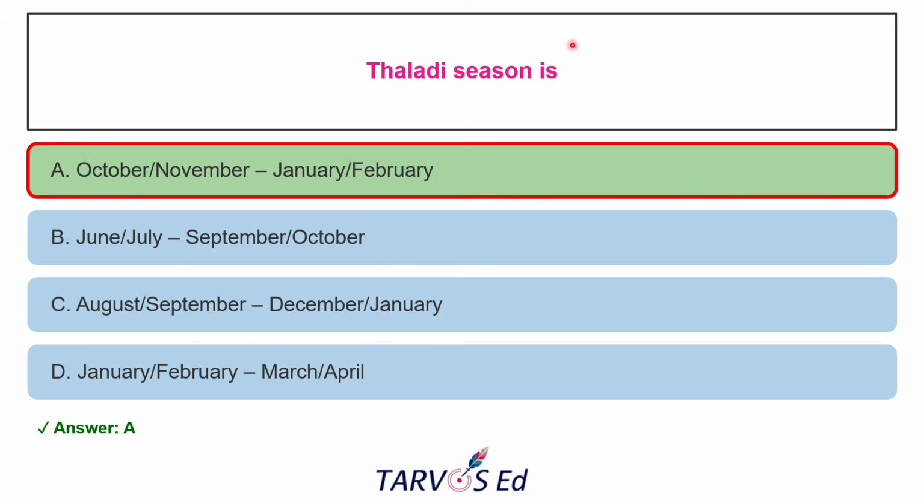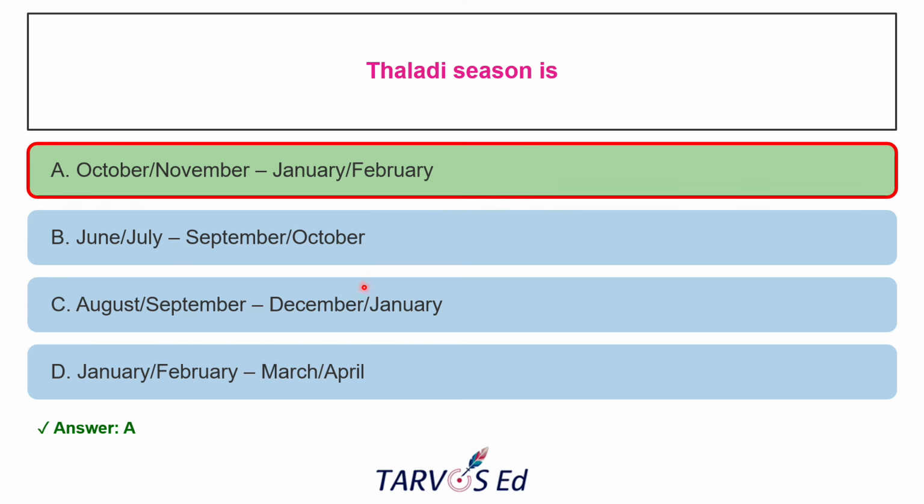So here the question is asked, which season is Thaladi season? The options given for this are October, January, June, September, August, December, January, March. So why are they giving it like this? These are all the sowing seasons, the months in which they usually go for sowing, and these are the months in which they usually go for